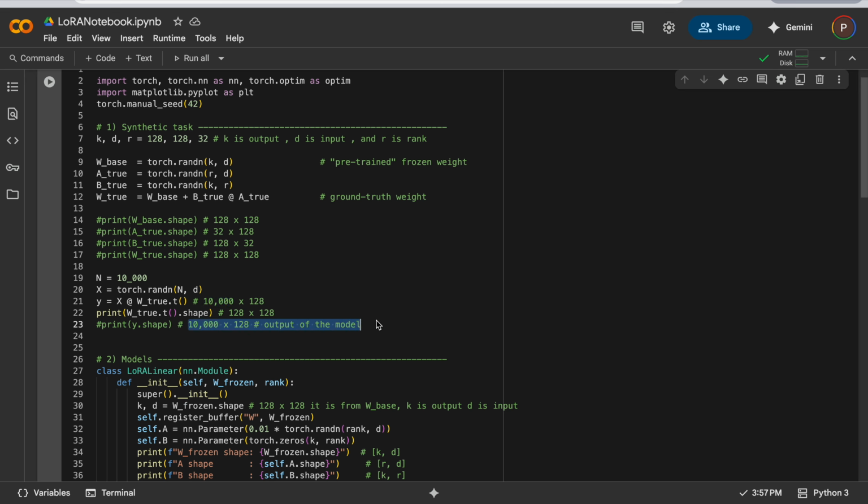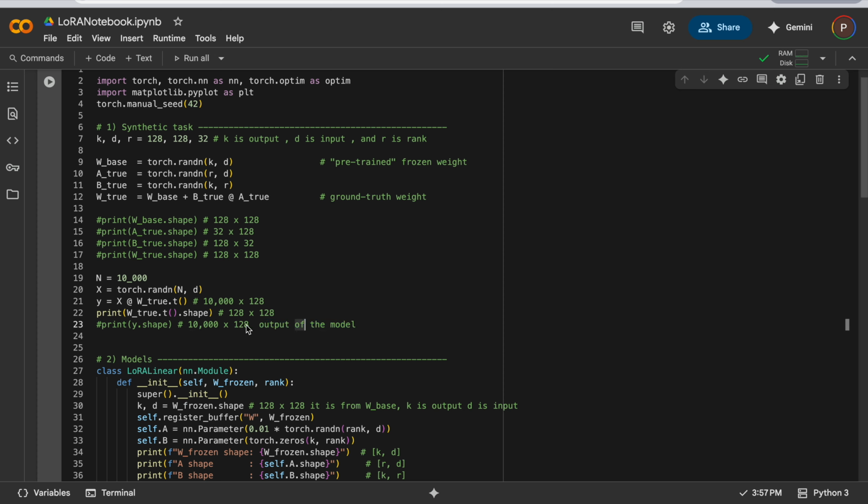And the 10,000 by 128 is the output of the model. Okay, so it's the output dimension of the model, so that is going to be the output shape of your model. And sorry, I kept on repeating that. I was just a little confused as to why we have two hashtags here, but I remember because previously this was not commented out. So excuse me for that little side tangent, but now you know that Y shape, which is the output of your model, has a shape